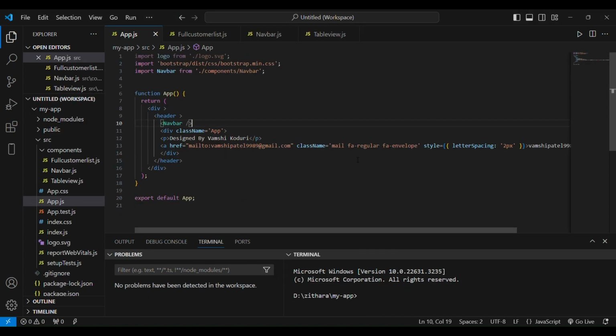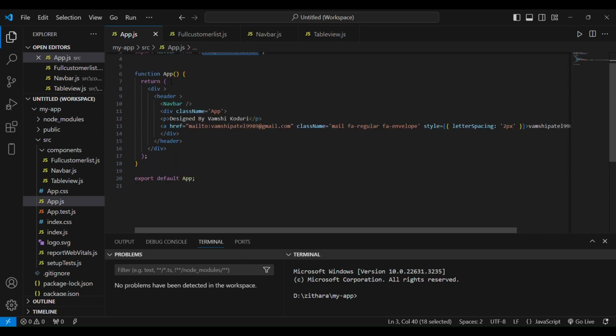Let us look at the front end of this project. First of all, we import the files like bootstrap and component navbar. This we will be seeing in the future. In the app function, we return navbar. As I said earlier, we see this in future. And I also included my name and email in this project front end page. Coming to the